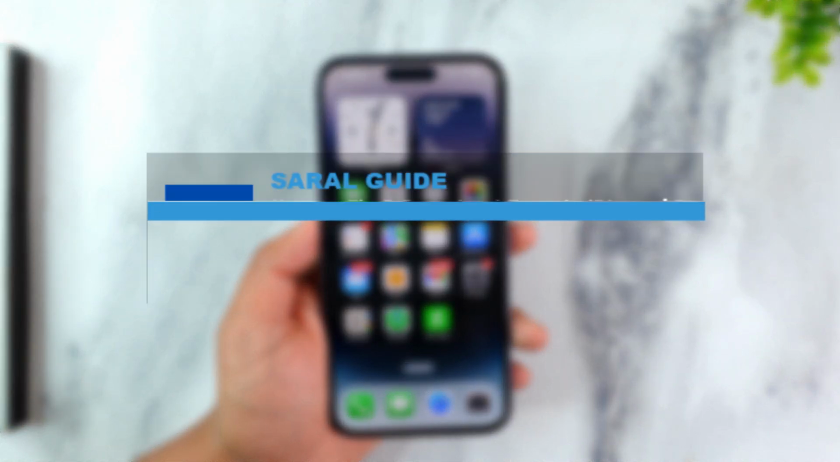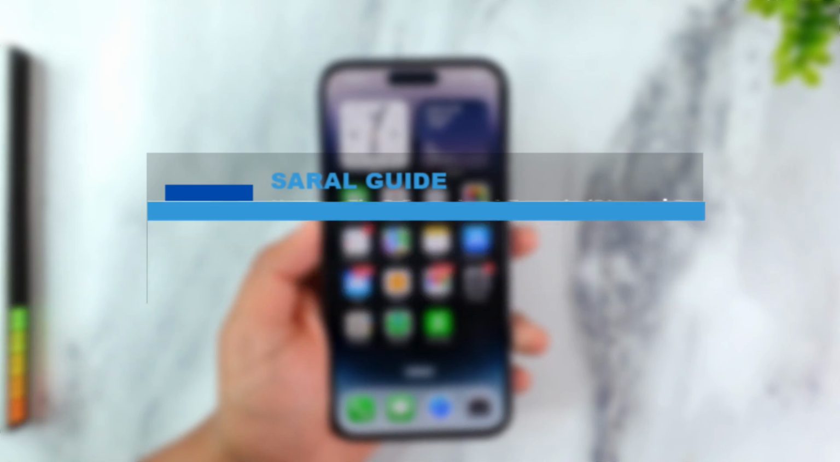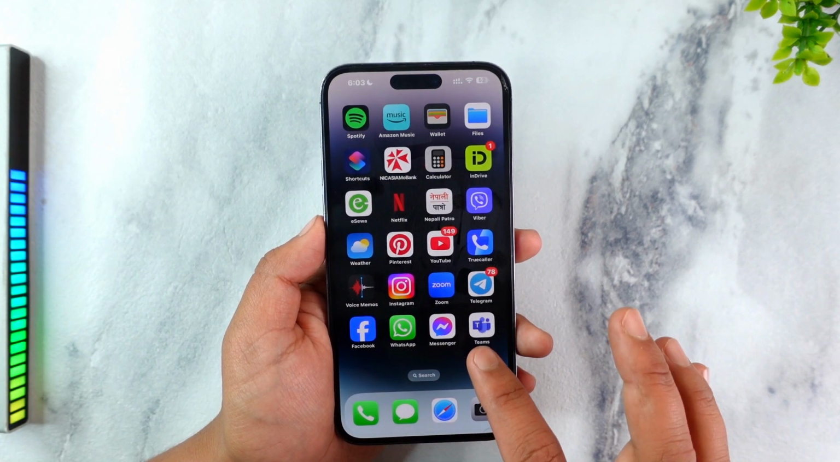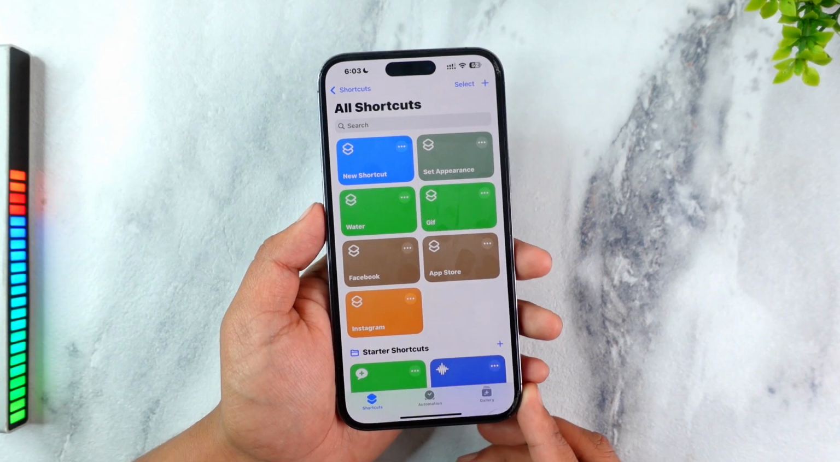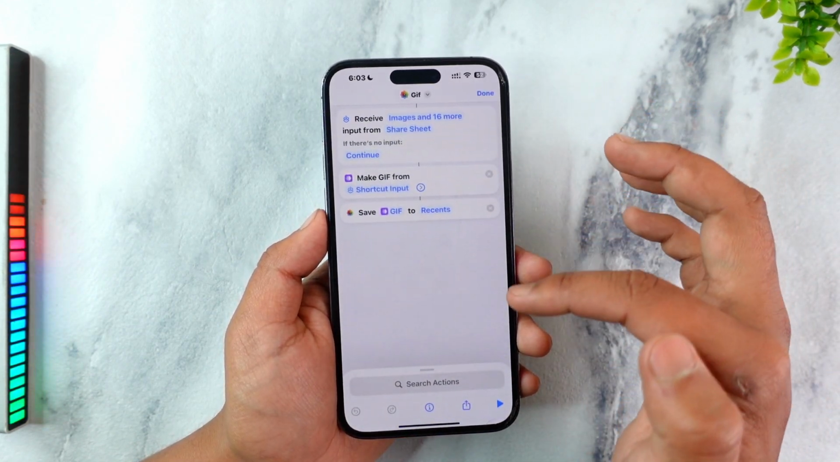How to fix our download error on iPhone, our download not working on iPhone, fix our problem. Now if you've been trying to download the R shortcut, so our download shortcut, right? So you open the Shortcuts app, you've been trying to get that shortcut to your place, you're not being able to do it. First of all, if you have that shortcut, tap the three dots option next to it, or